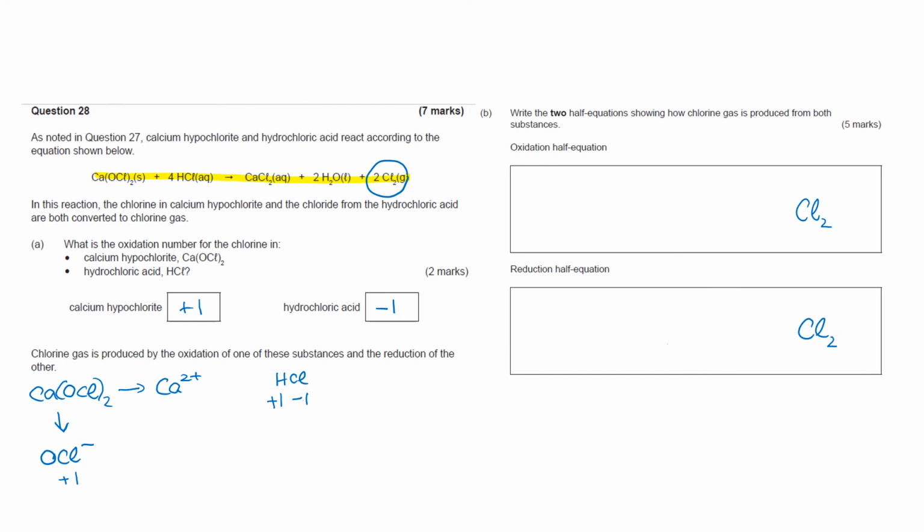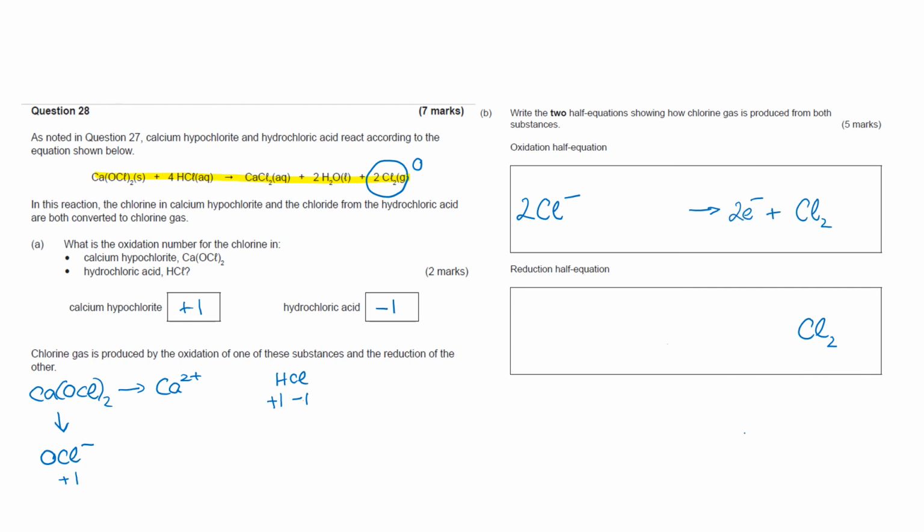Well, if you remember that if oxidation number goes up, it's oxidation. Chlorine has an oxidation number of 0, so to go up, it must go from -1 to 0. So that's where the Cl- turning into chlorine is going to be the oxidation half equation. If we add 2 there to balance it out, and we add 2 electrons here, we have a balanced